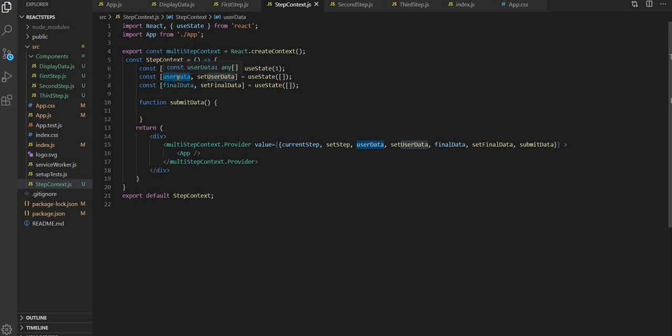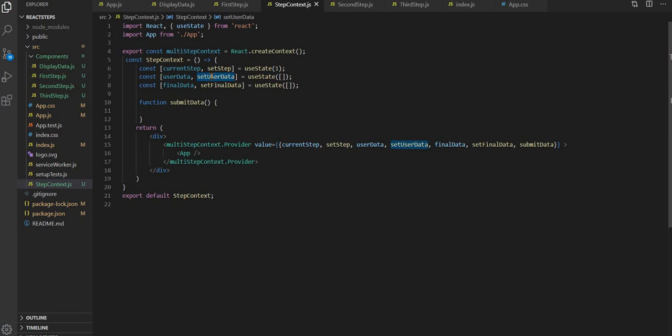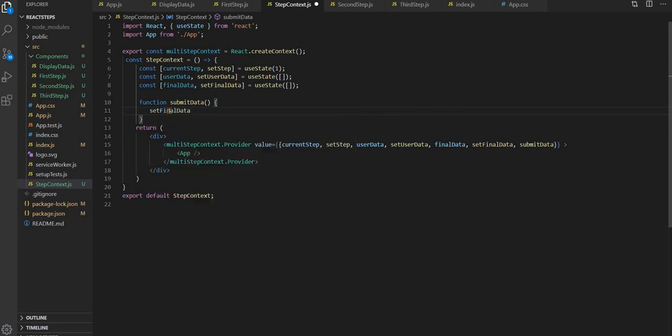means we have completed all the steps, we are on the third step, we have added all the fields. You can see on the third step, till the end, we are calling the set user data function. Whatever data we have added with the help of this function will be stored in the user data variable. So what we have to do is put all the data from the steps inside the set final data. So let's do that. Set final data, and inside that